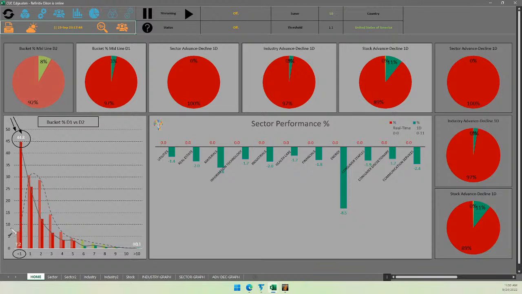Another oversold signal that can come from this bucket analysis is if the lowest bucket jumps by more than 10% in one day. How much was the jump Friday? From about 7% to 44%. So about 37% jump. In this case, the jump means 37% of stocks fell below lower Bollinger Band in one day. That's a huge drop. And that also shows panic selling.